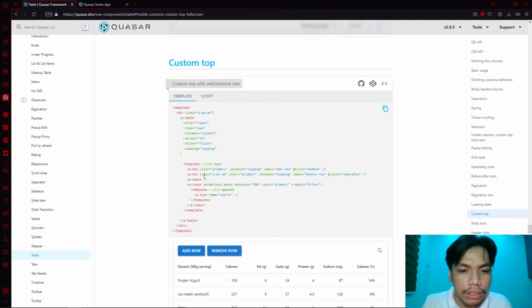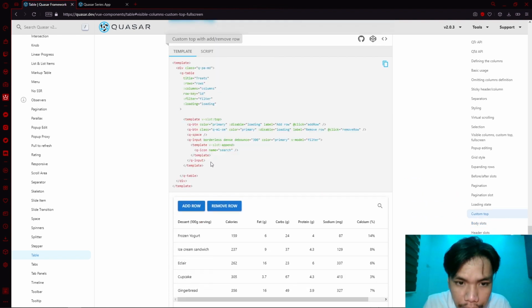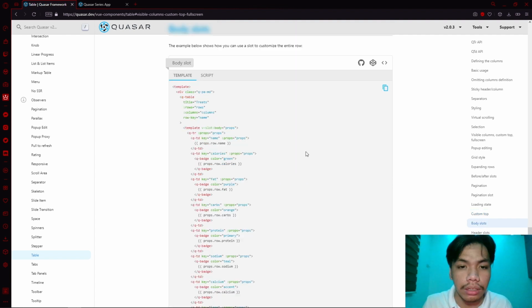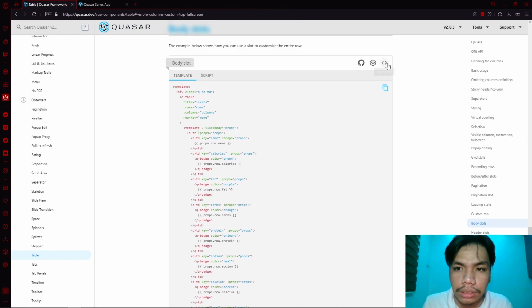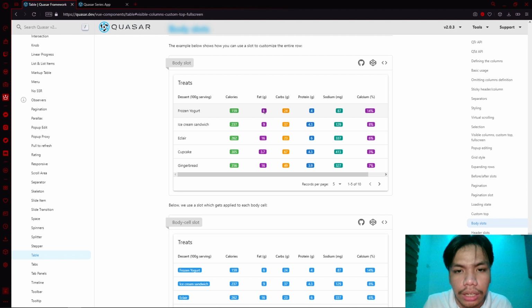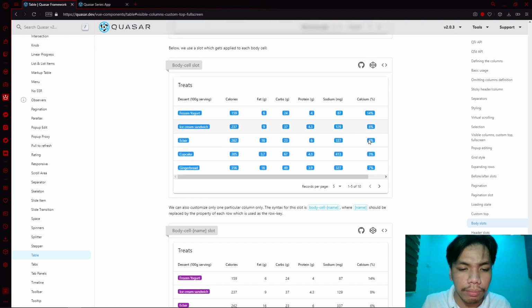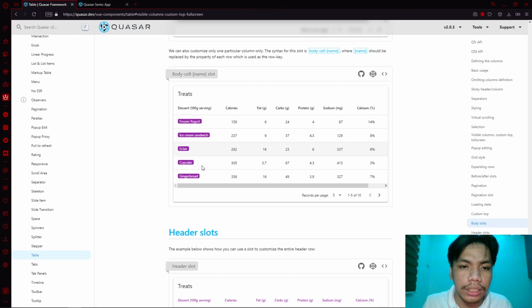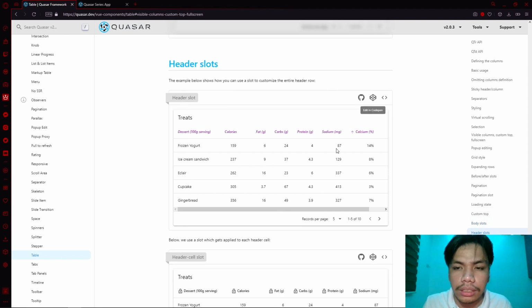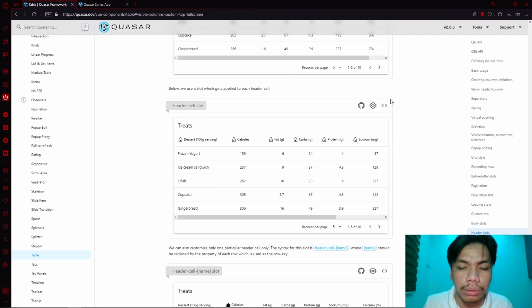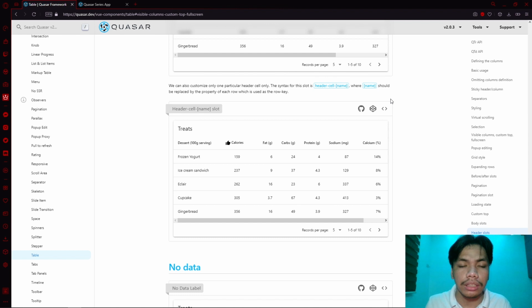So for the custom top, you can create your own custom top template for your table using the v-slot feature. That is the same case as well for the body props. So as you can see, you have the v-slot body. So you can see that the table contents are clearly styled, as well as for this one. And for this example here as well. But in this case, they simply added a style to the name itself. So for this column only. So for the header slots, they showed you some examples on how to customize the entire header row itself. So based on all these examples, you can clearly see that the table functionality of Quasar is very robust and